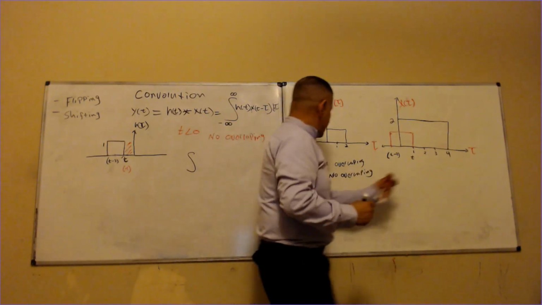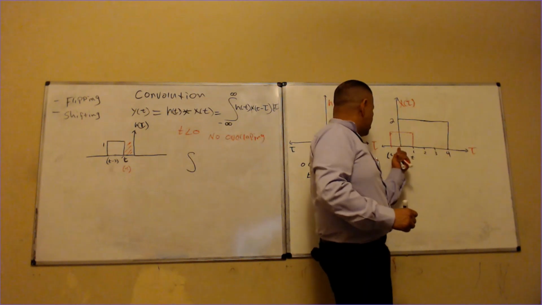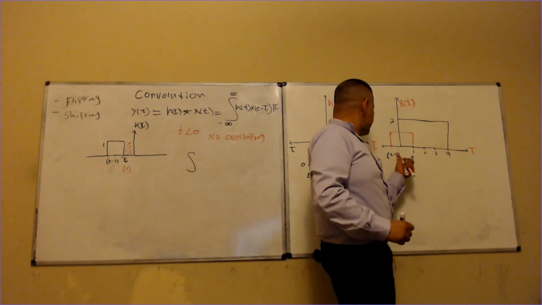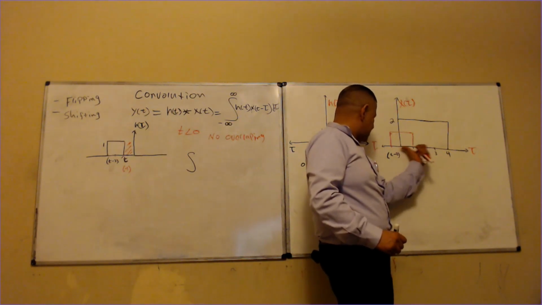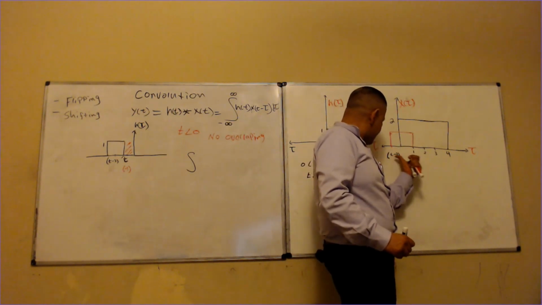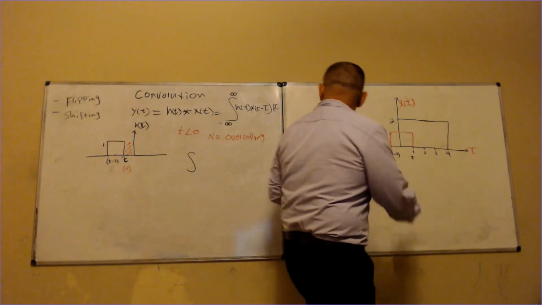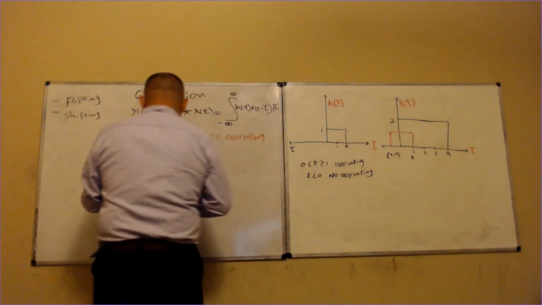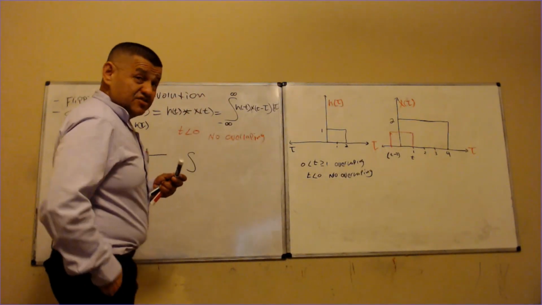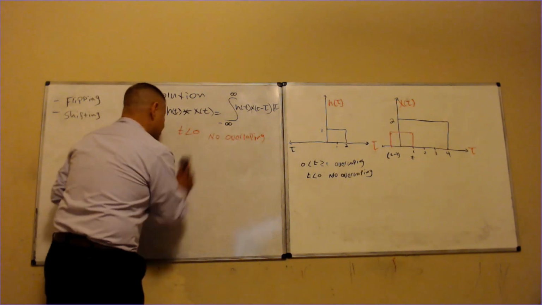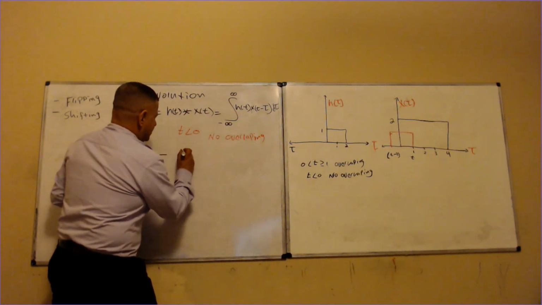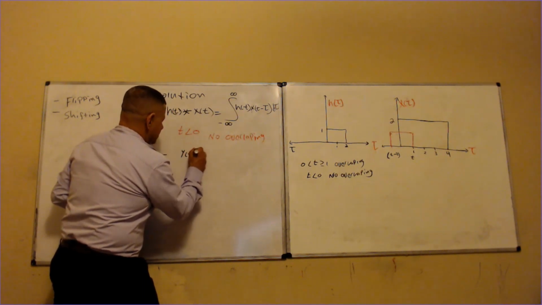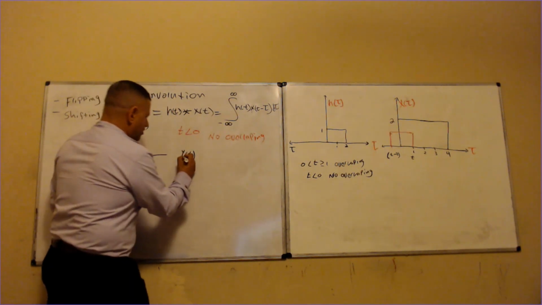Right? Why? Because t is still over here in the region. I mean, t minus 2 is still here in this region, right? So that's why I need to count up. I need to make a consideration of that. Now I can say that y of t, I can call that y1,